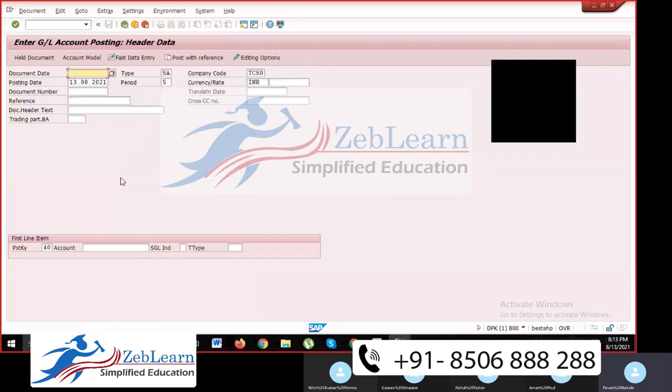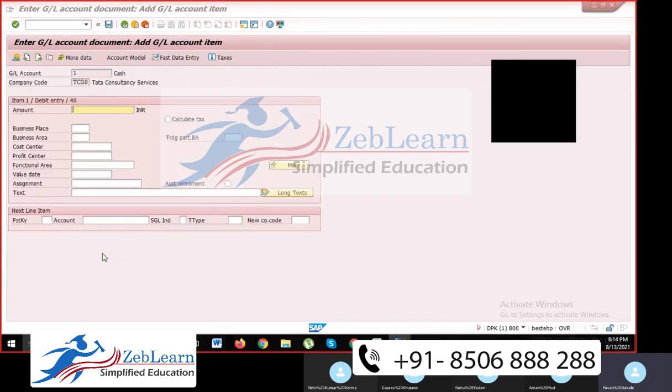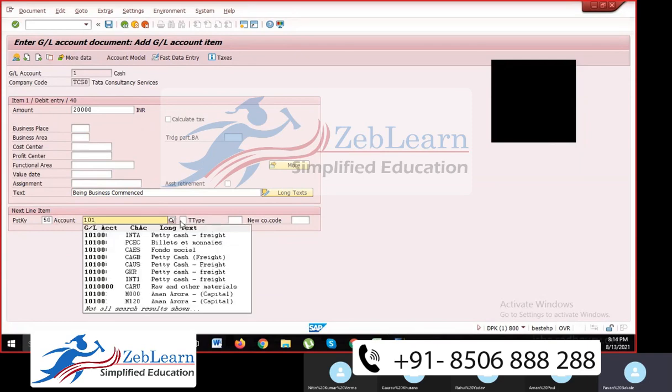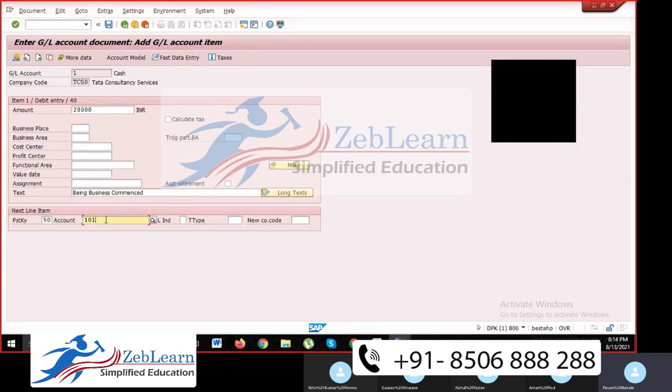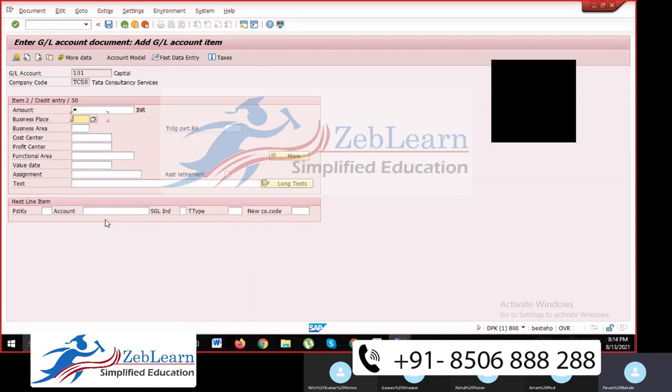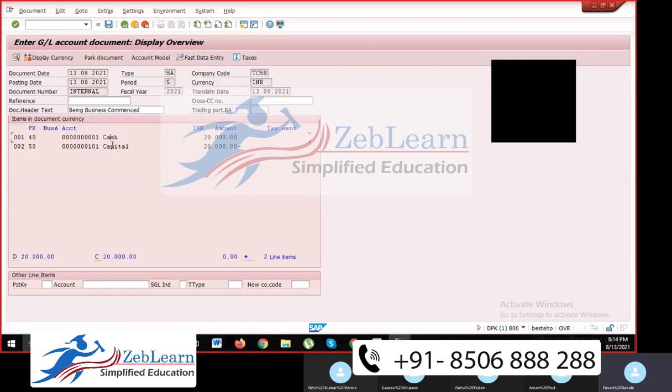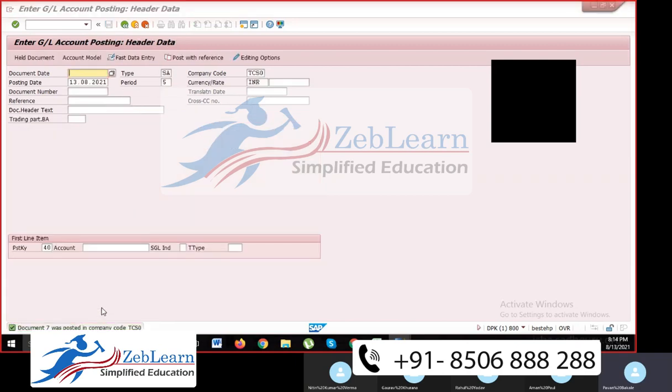Once again I show you guys, you can just check here. First of all give the date, and this is optional, you can put it or it doesn't matter. So cash account is debited, one is cash, enter, the amount is 20,000. Here I can take capital account, you can put the same text here, 50 is credited, capital account 101 is credited, 101 is the capital account number. Then enter again, put amount as a star, text as a plus and click on item overview. Save entry, post it. So document 7 was posted.